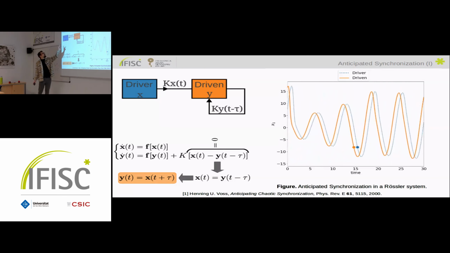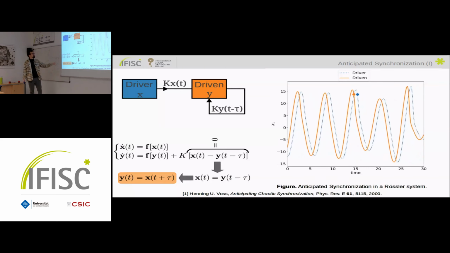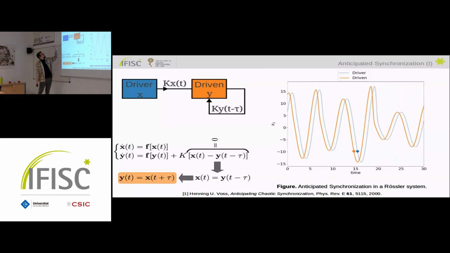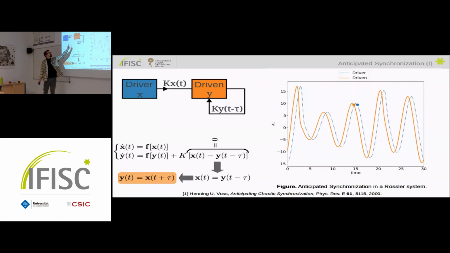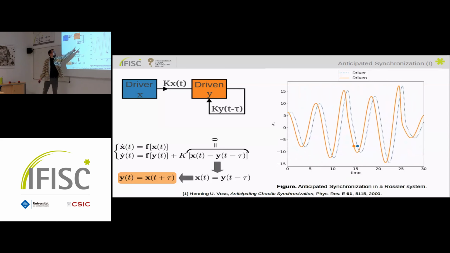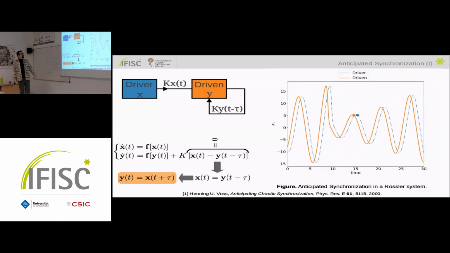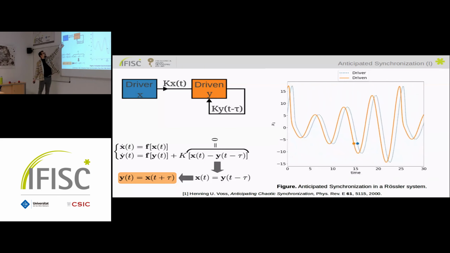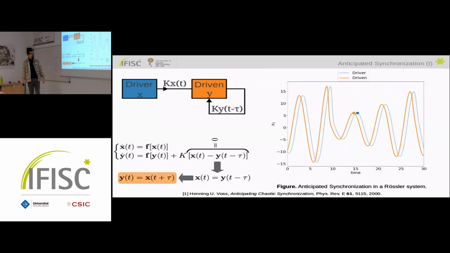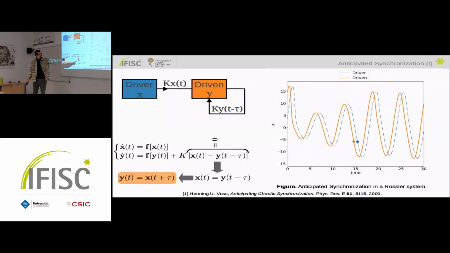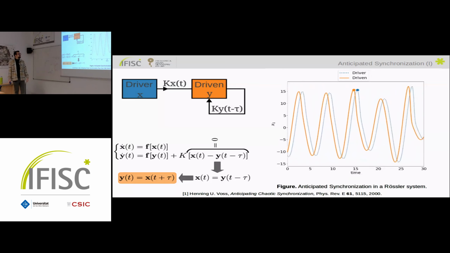So we couple unidirectionally, which is a difference from the Kuramoto model. We couple unidirectionally the driven to the current state of the driver, but we also couple it to itself, but with some delay. So this is pretty interesting because even though we are not changing dynamics, we are able to forecast the dynamics, even if we are using a chaotic system. So for instance, this animation here is for a Rössler system that we have explained before.